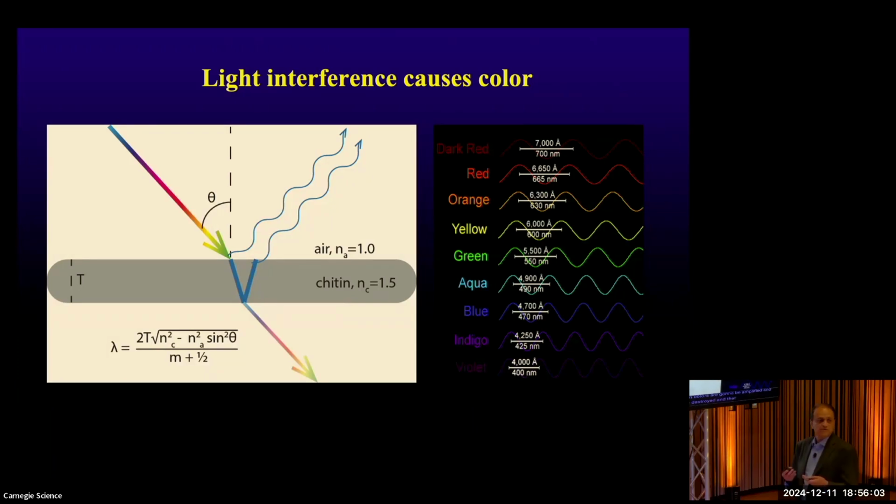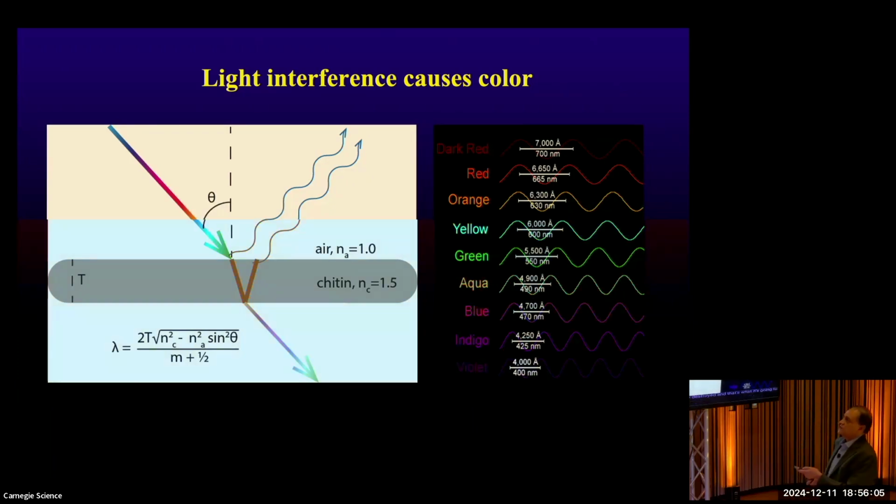And that's what's going to give you an overall color. So for a long time, we've known of this equation, which is really just dependent on the thickness of the material, the refractive index of the two materials, and the angle that the light is coming. And from this, we can predict the wavelengths that undergo maximum constructive interference. And if you take out that 1/2 term, you get the wavelengths that undergo maximum destructive interference. So in this way, you can create color.